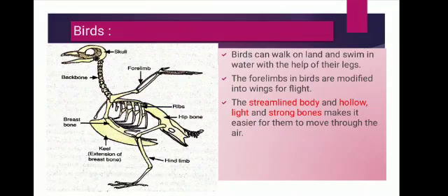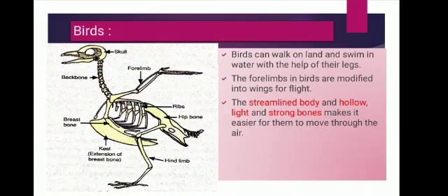Now about birds. Sparrow, crow, pigeon, parrot, hen, duck and peacock all are birds. And birds walk on ground and also fly in air. And some birds like duck and swan, they also swim in water. So birds walk on the ground by using their hind limbs. Those birds which swim in water do so by pushing against water with their hind limbs, which have webbed feet. Webbed feet help the birds in swimming in water.